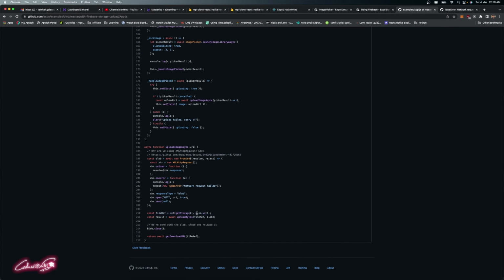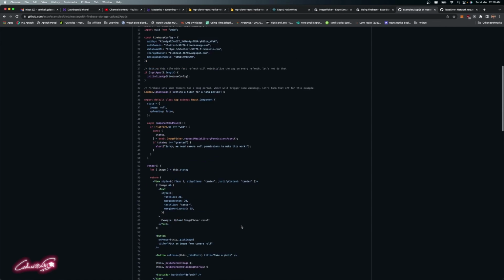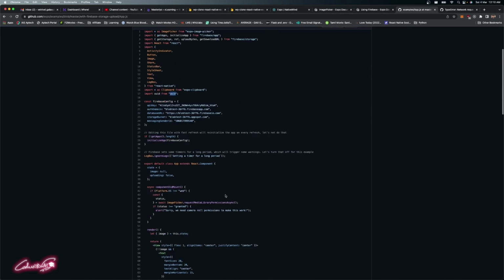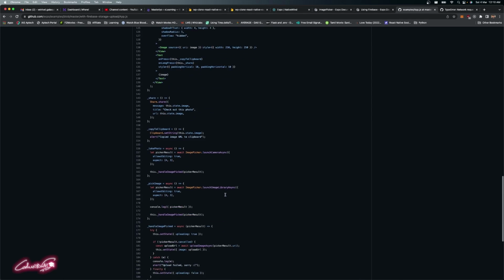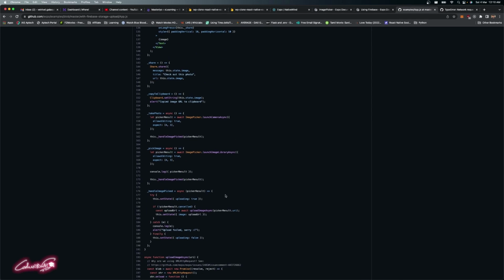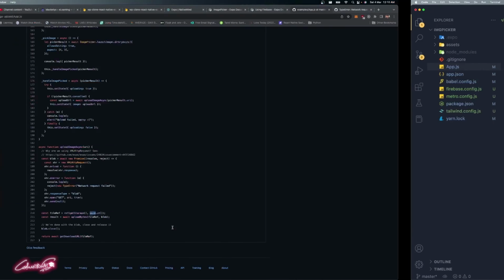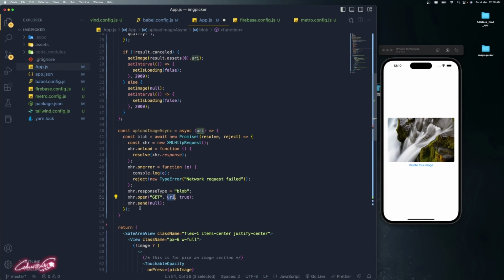Okay, and it's using the UUID, so we need to install that package. You can see here what exact package it's using, UUID. That means it's the package which helps us to create the unique identifier. So if you want to use that, you can use that, but I'm not going to use that. I'm going to use the Date.now, which is going to create a unique time string. Okay, we're going to use that timestamp to create the unique identifier. If you want to use that package, please go ahead and download it and use it. And over here, right after this line, that means right after here,